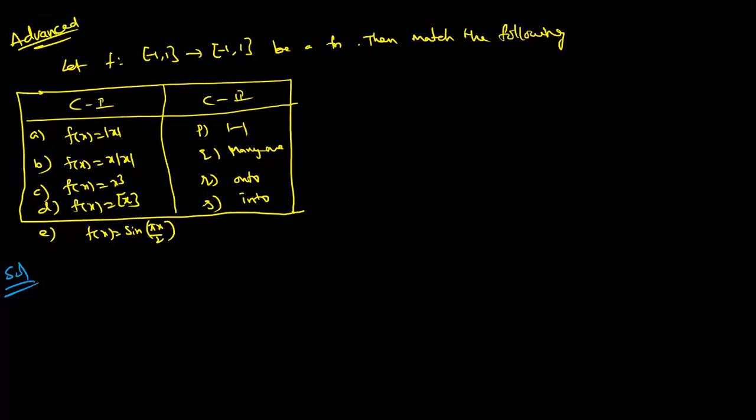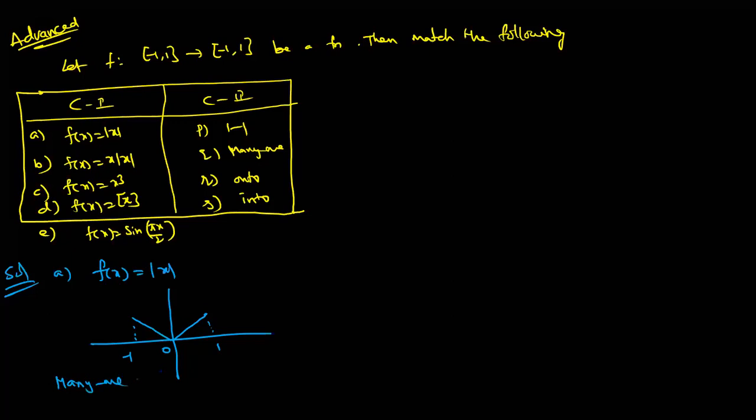Okay, shall I explain? A. f(x) = |x|. Dear students, first of all, draw the picture. Mod x means it cannot extend like this, up to 1 only. This is -1, 0. Simple, draw a line parallel to x-axis. The curve means a line parallel to x-axis cuts exactly 2 points. So f is the many-one function.